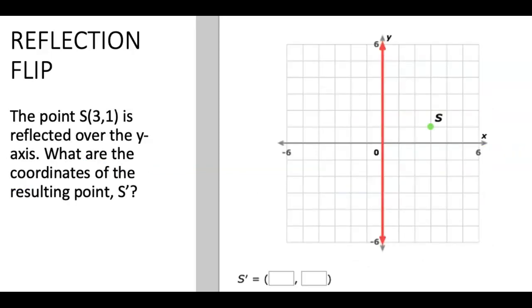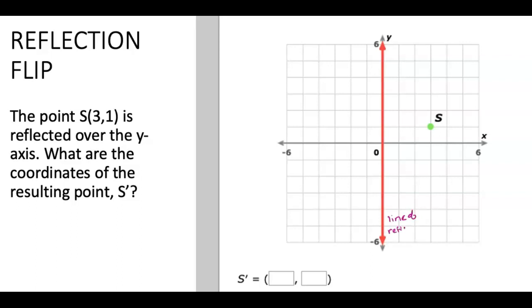So here we have the point S, and it's at (3, 1). It's already on here for us. It's reflected over the y-axis. So my line of reflection this time is the y-axis. Now they're going to tell you that. They won't always be highlighted, so you have to be careful, but my line of reflection here is the y-axis,